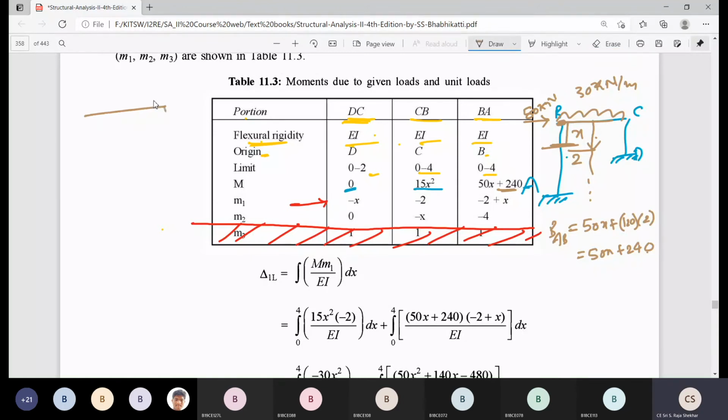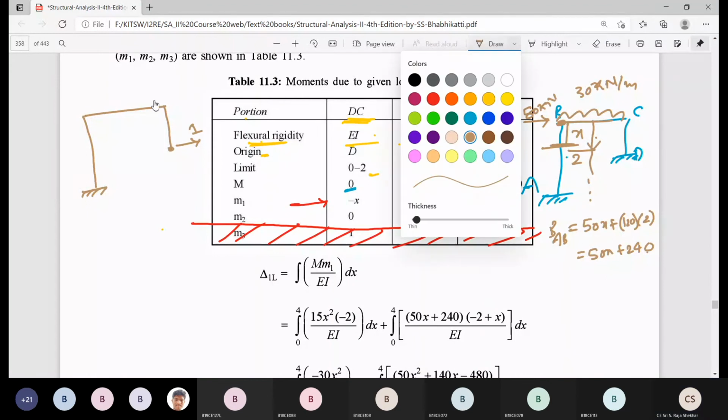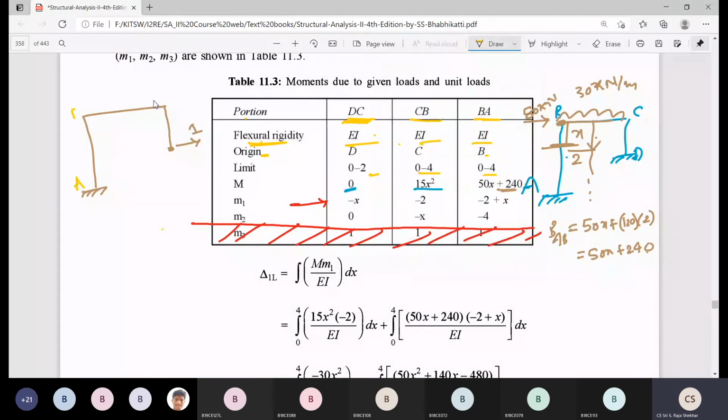Right, this is the beam. I want to apply unit force in the coordinate direction 1. That is the unit force I am applying here at coordinate direction 1. So this is coordinate A, B, C. Because of application of unit force in the coordinate direction 1, the moment developed in the CD, let us suppose D as origin, so this is X. The moment developed in the CD will be force into perpendicular distance. The perpendicular distance is X, force is 1 kilonewton. It is acting anti-clockwise, so this will be considered negative. So the bending moment in the CD by application of unit force in the coordinate direction 1 will be minus X.